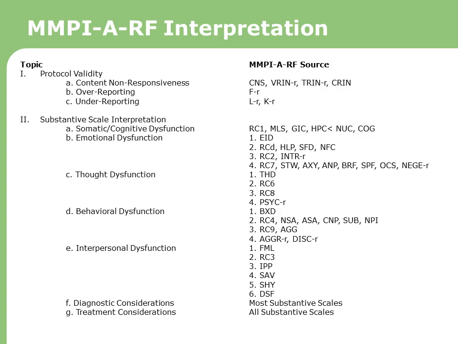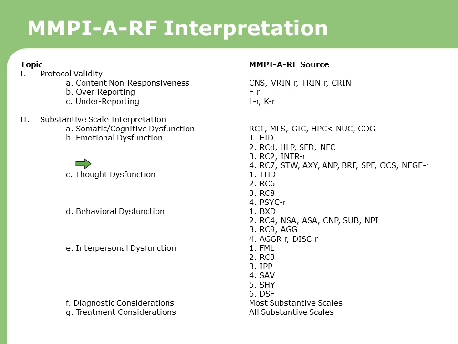This is the MMPI-A-RF interpretation sheet, which can be found in the MMPI-A manual, or in any of the scoring or interpretive reports by Pearson. And it's, I think, an excellent way of organizing your thinking about the MMPI-A-RF interpretation process. It begins with the protocol validity, where we should always begin interpretation, and then moves on to